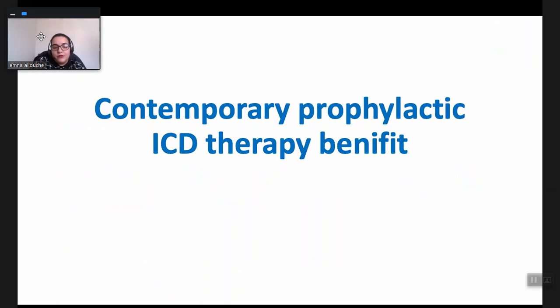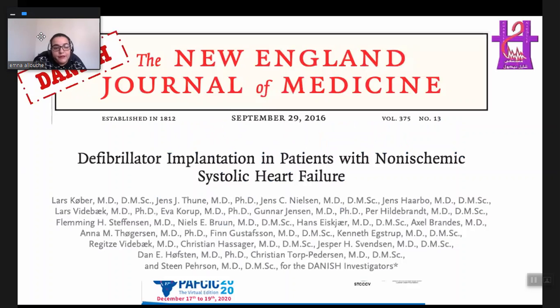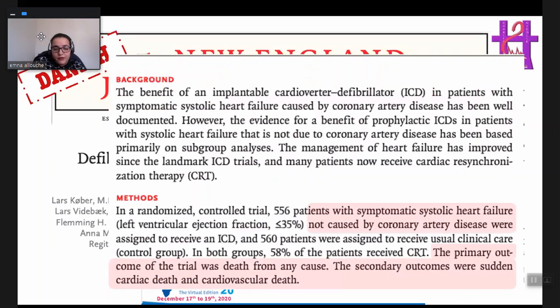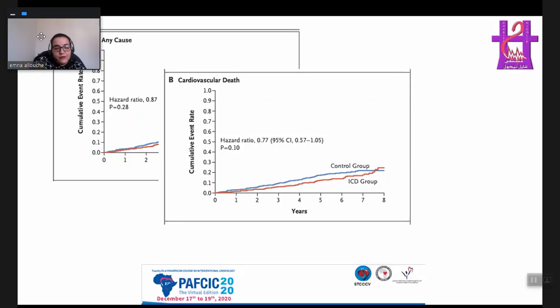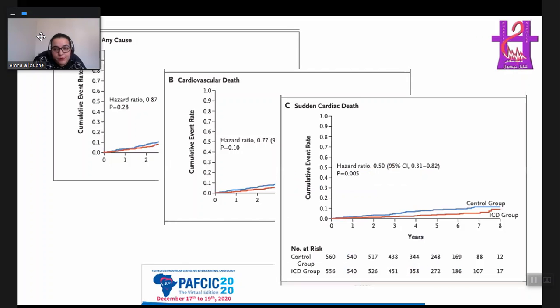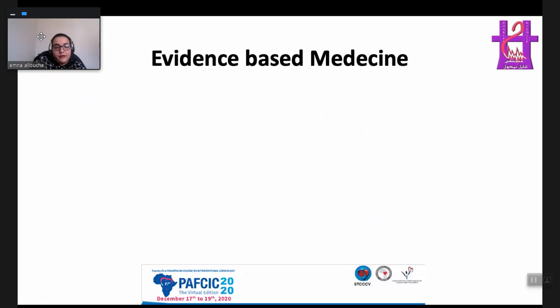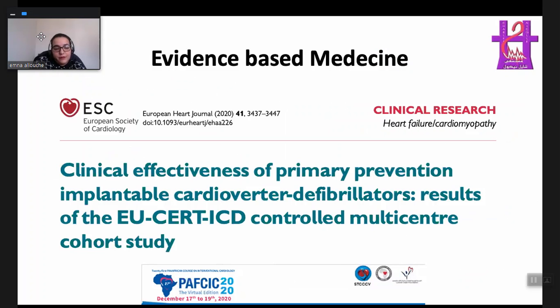So what about the contemporary prophylactic ICD therapy benefit? Let's see some new data. The Danish trial proved that ICDs in patients with non-ischemic heart failure did not provide an overall survival benefit. Cardiovascular death was equal in the two groups, but the risk of sudden cardiac death was halved with an ICD,